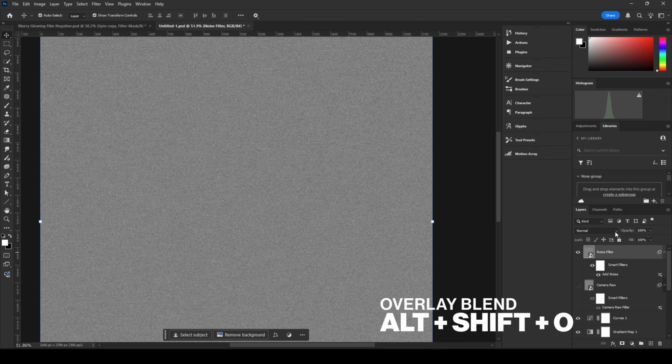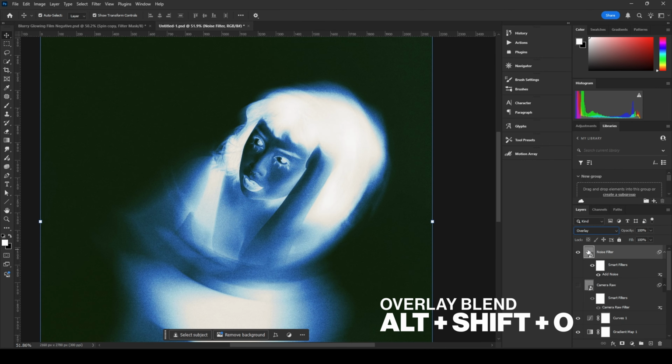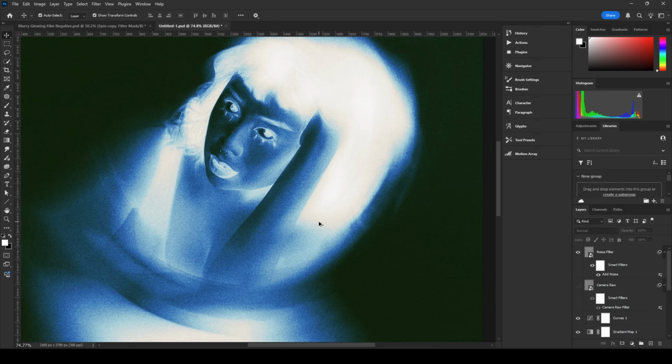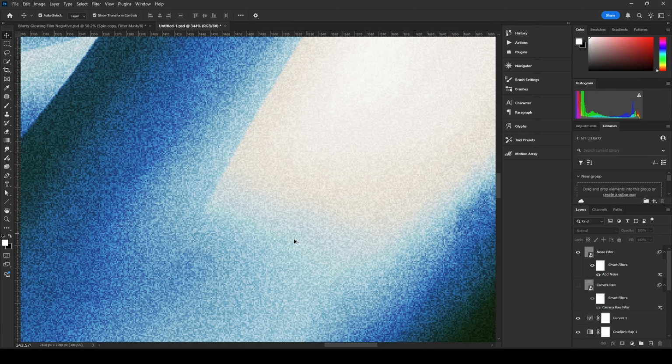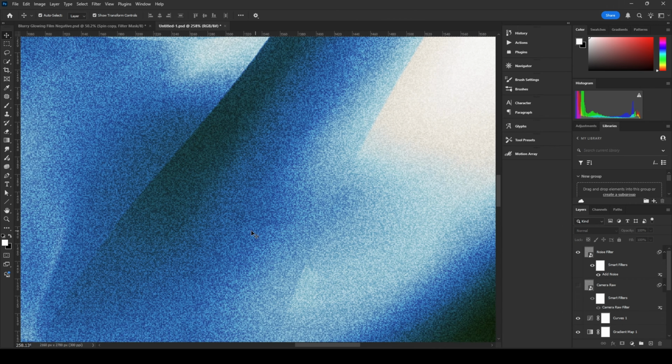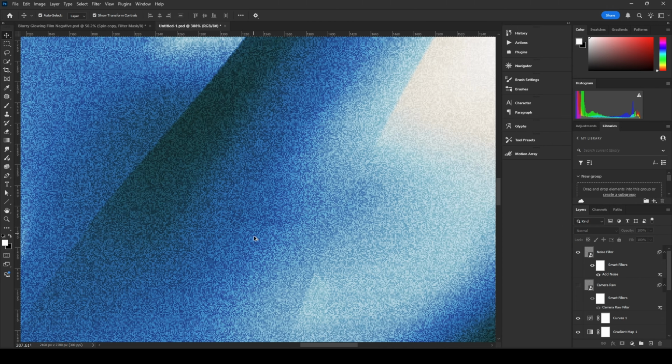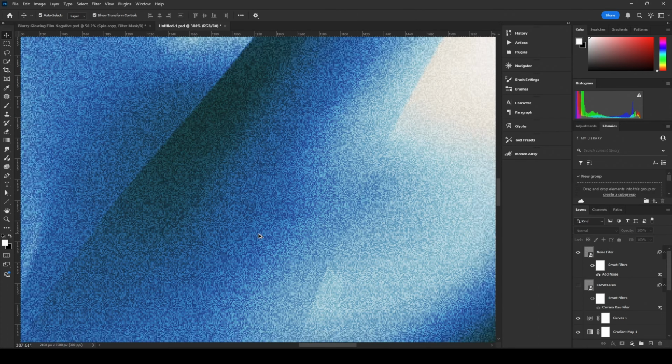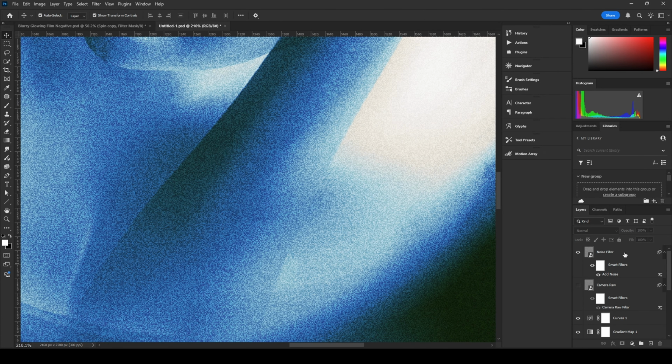Now I'm going over to the blend modes. I'm going to overlay, so it affects all areas of the image. And what you'll notice is that in comparison to the camera raw filter, this noise is very boxy, very pixelated, with sharp edges. We don't want that. So we do need to introduce some